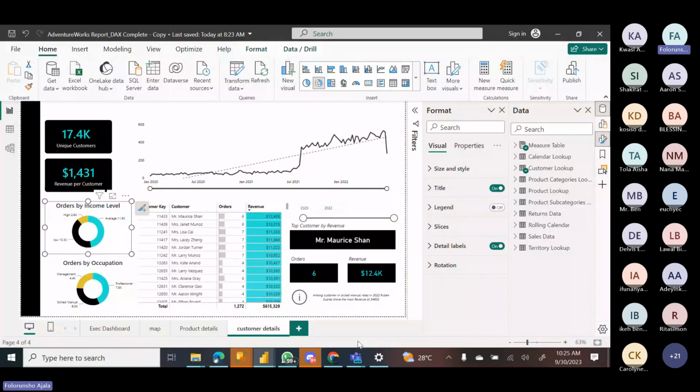Okay. So today we are going to continue where we stopped last week. Like I said, last week we were able to build the executive dashboard and the customer details report as well. So this week we'll continue with the